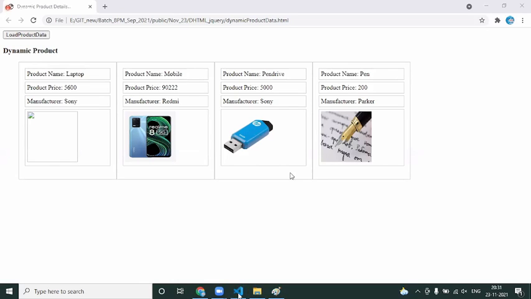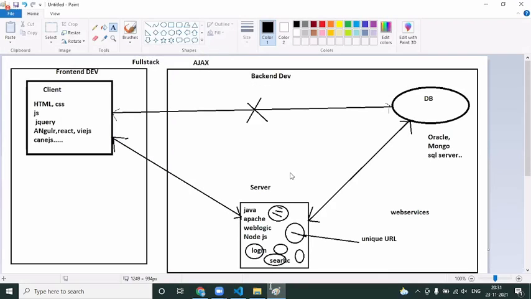On top of that, we have even discussed the concept of Ajax. At the very end, we saw what Ajax means, asynchronous JavaScript and XML. We covered the difference between a front-end developer and a back-end developer role, and what a web service is. A web service is an independent job getting executed at the server side, identified with a unique URL, right? The front-end developer puts a request to the web service through the URL, and internally the server interacts with the DB. These concepts we completely call Ajax.